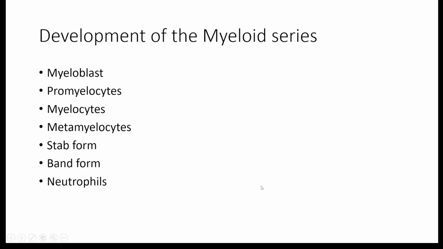The commitment to a line of series, whether it's going to become the neutrophils, eosinophils or basophils, is determined at the myelocyte stage. This is where the secondary granules also tend to occur. Myeloblasts, promyelocytes, myelocytes, and metamyelocytes are usually seen in the bone marrow, and when they come into the peripheral blood smear, it is definitely a cause of concern and needs to be evaluated. Not necessarily that it happens only in leukemias, but it is definitely a concern that we should be looking into.